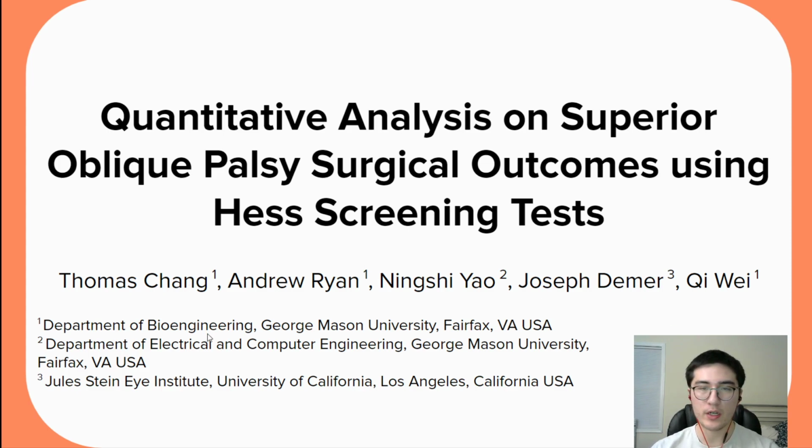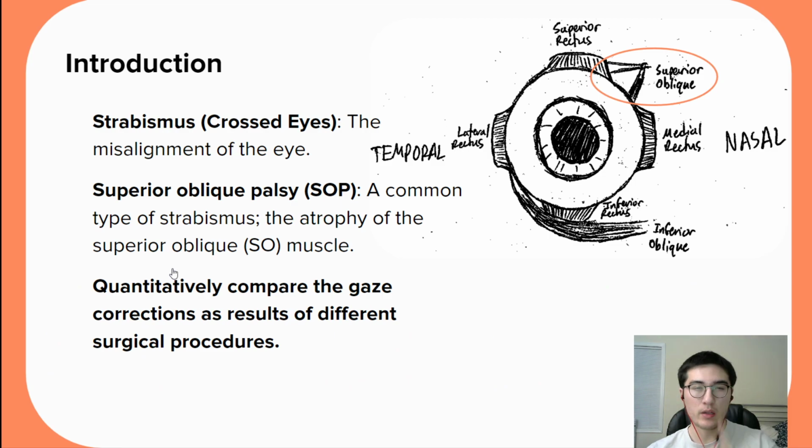I'm in the bioengineering department and I will be presenting on the quantitative analysis of superior oblique palsy surgical outcomes using Hess screening tests. My mentor for this project is Dr. Wei. Some background on the issue: strabismus, also known as crossed eyes, is misalignment of the eyes due to defects